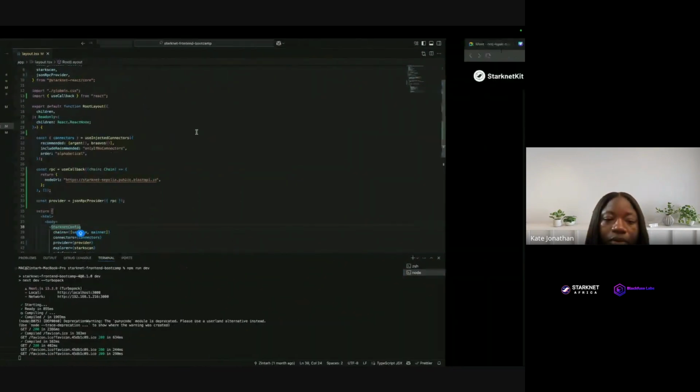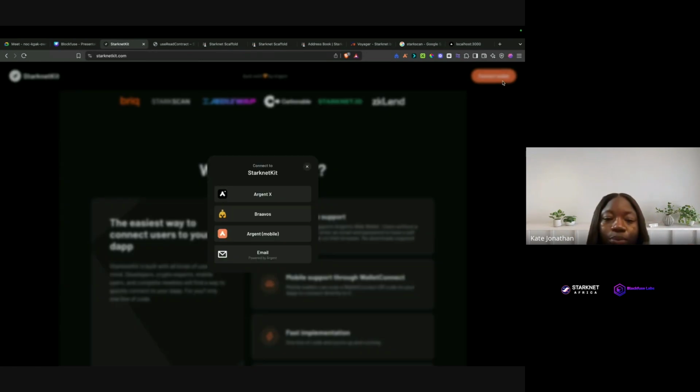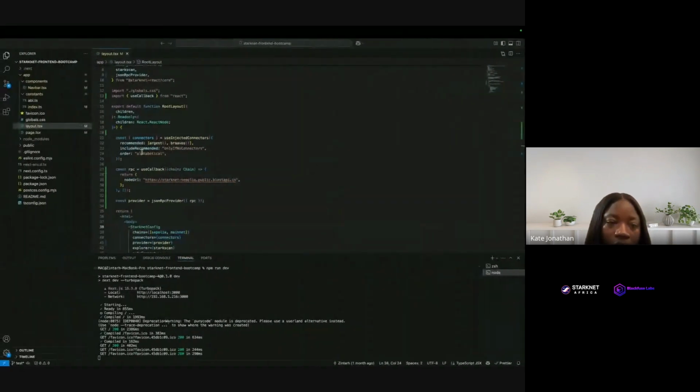Now, it's just that when you're using the connect from Starknet React, you do not have access to this beautiful modal, right? And you will have to do some things your way. So for customization and other things, you can go with Starknet React if you're big on customizing how a lot of things happen, right? Go with Starknet React. Although you can still do some level of customization with StarknetKit, but yeah, still. Okay,